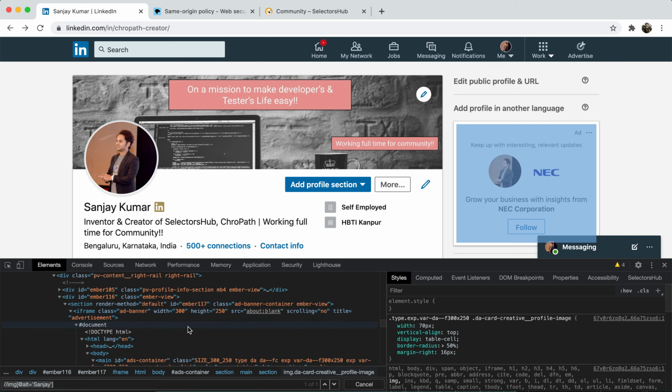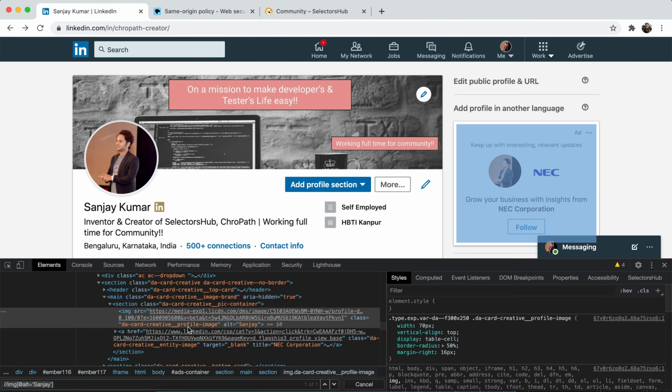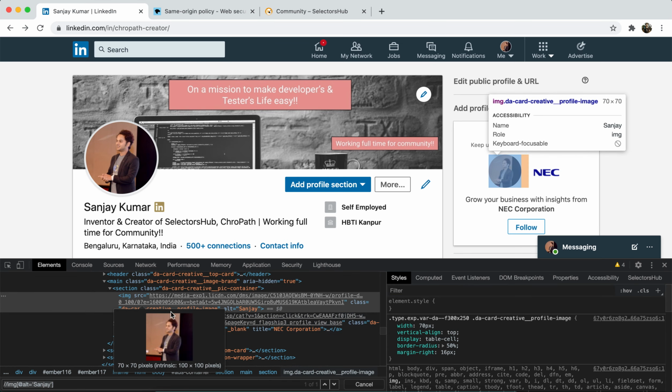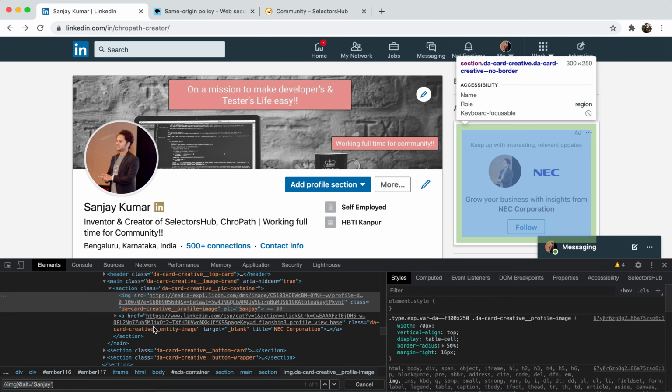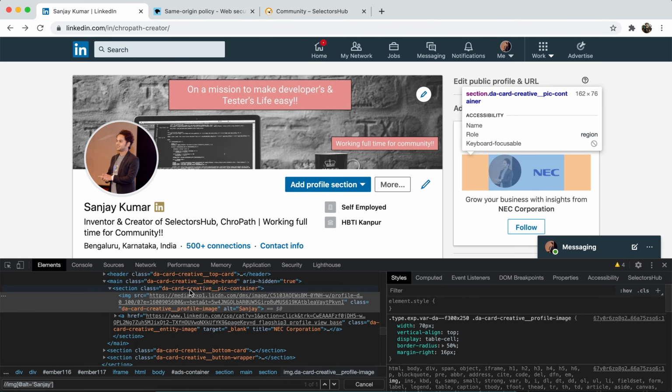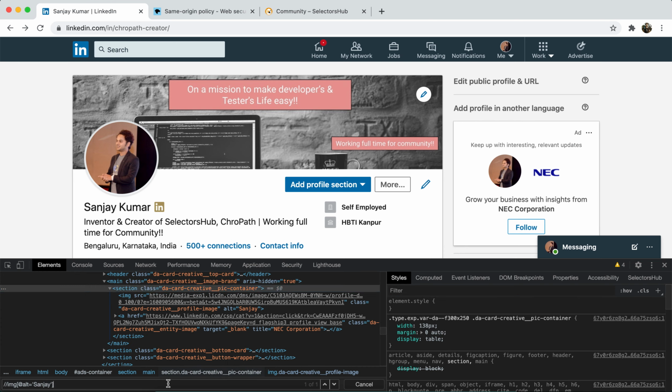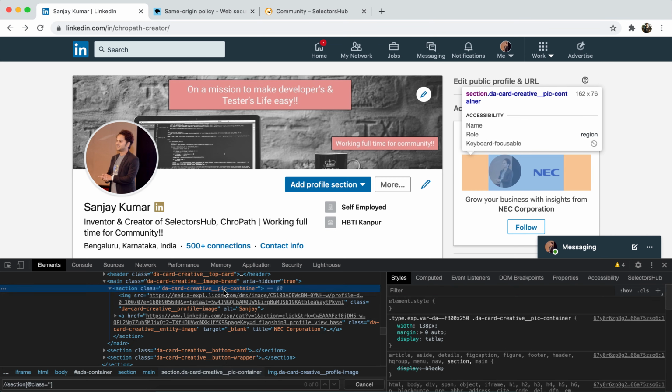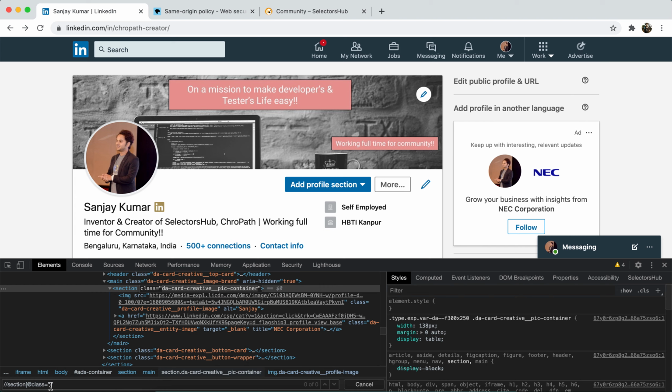So see how Selector Sub solves this problem and makes it easy to write the XPath. Because while I was typing an XPath for this element, let's say if I have to write it, first I will type /section, the complete thing, and then @class also I will have to type, and then I will have to copy this value because it's quite a long value, hard to type, and then we'll press enter. Okay, 1 of 1. So this much time it used to take.